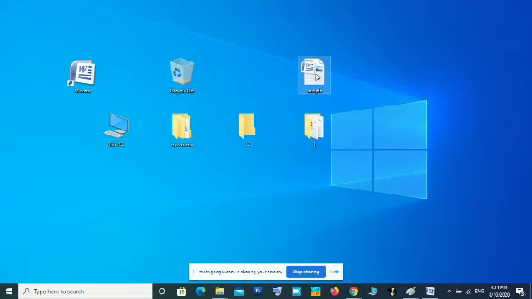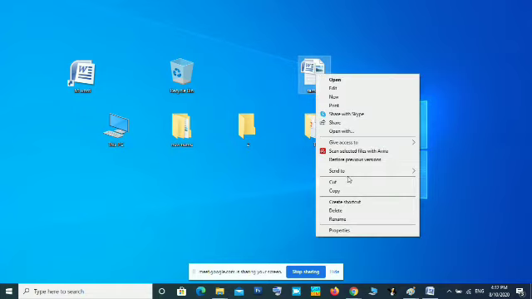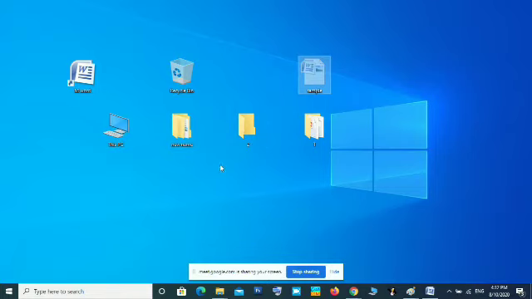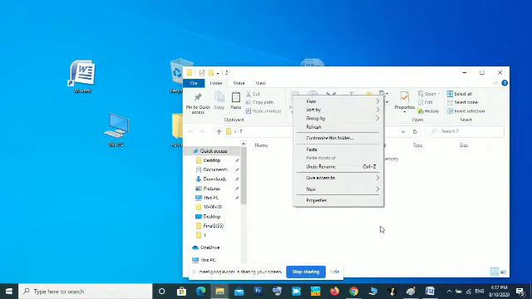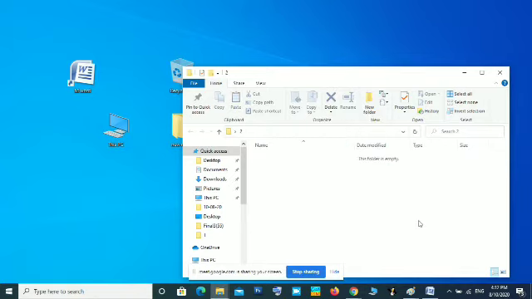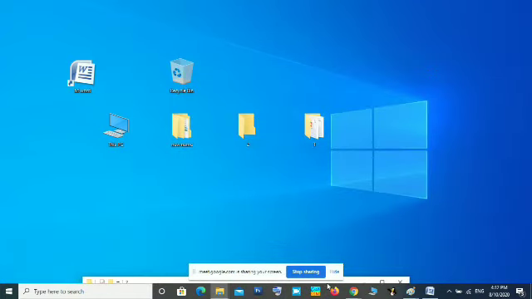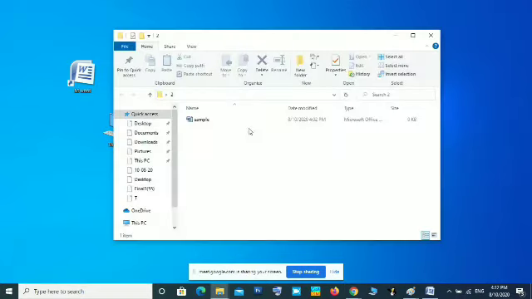Just right click on that folder or icon, then select cut option from the menu, then open the folder where you want to move it. Double click and open the folder, then right click there in the blank area, not on any icons. If any icons are there, don't click on any icon. Right click on the blank area. Now you will get this menu, then paste. So that file is removed from the desktop. Now you can see it is not in the desktop. Now it is moved to folder 2. Cut and paste is moving.